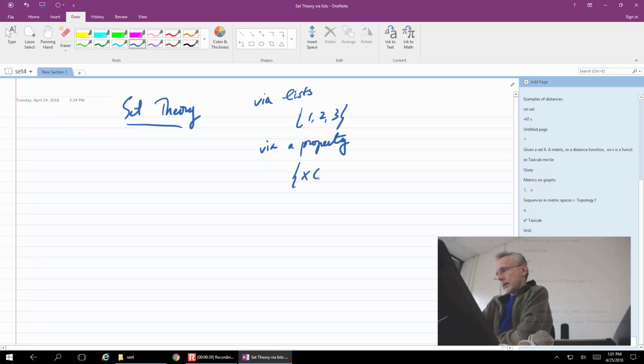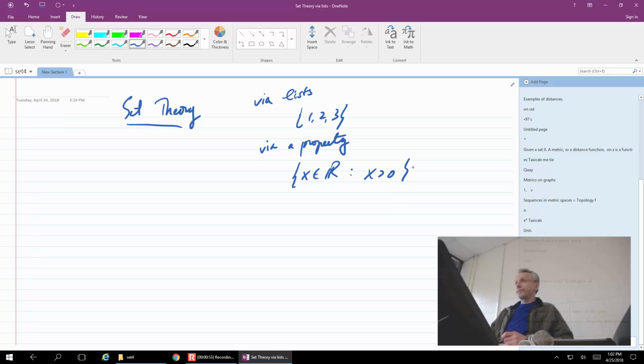So x in R, x greater than 0. Okay, so which may or may not be satisfied. If it's satisfied, then x belongs to the set. If it's not satisfied, it does not. So that's all there is. Okay, so that is a starting point of a lot of set theory,